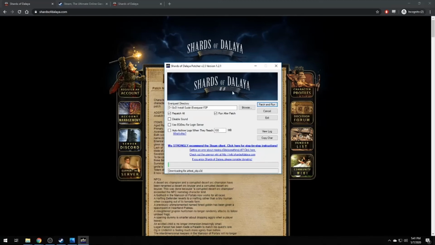When you repatch all, or the first time that you patch over the client, it'll take a little bit, but every time after that, you shouldn't need to repatch all. You may need to do it if, for whatever reason, you have an issue with your client after getting it installed and set up. However, most of the time you can just patch and run normally, and it will update with whatever new files were changed.